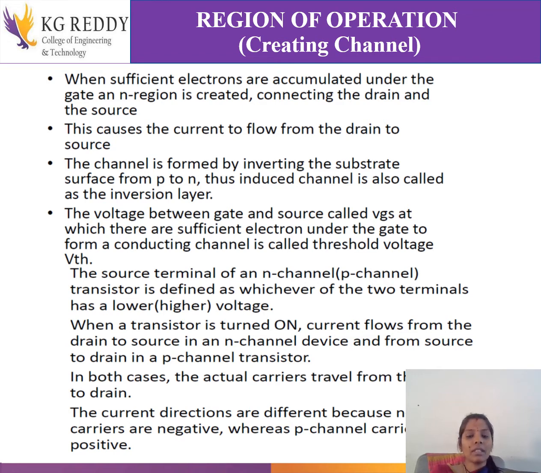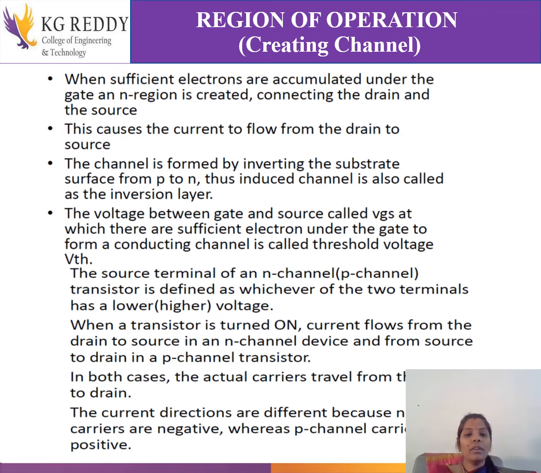This causes the current to flow from drain to source, right? The channel is formed by inverting the substrate surface from P to N. Thus, it induces a channel, and this is also called an inversion layer. Because it is now turning from P type to N, that is why it is called an N channel, and therefore it is called an inversion layer,